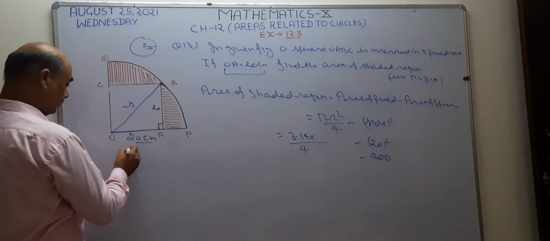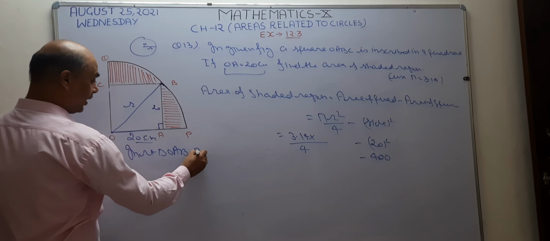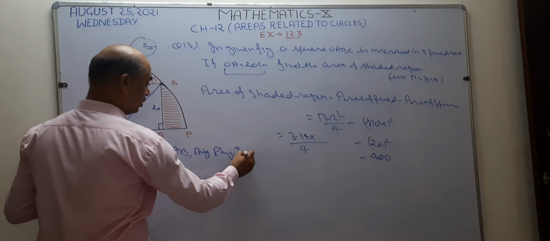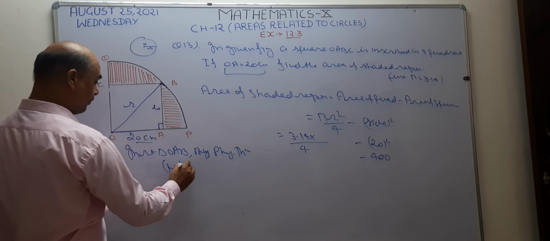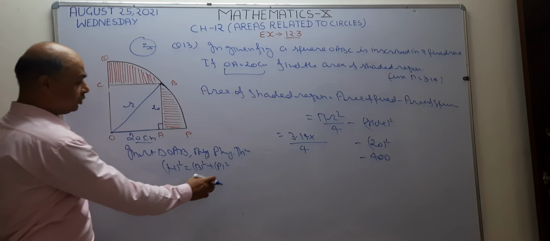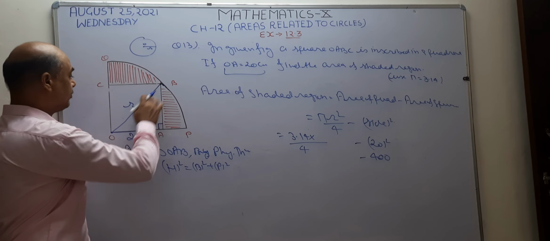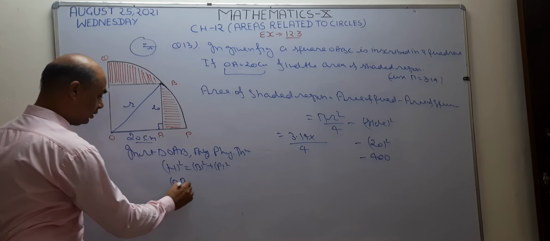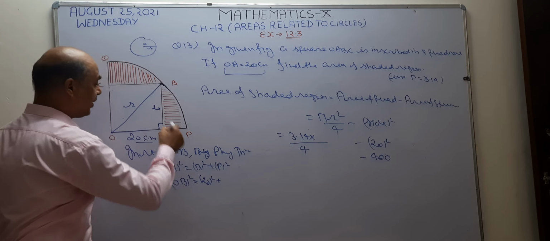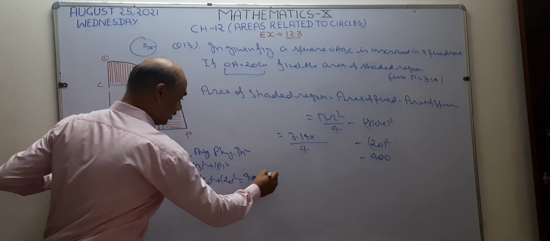So right here, in right triangle OAB, which theorem can we use? Pythagoras theorem. Right here, by Pythagoras theorem. What is the Pythagoras theorem? Hypotenuse square equals base square plus perpendicular square. Now in this question, the hypotenuse is not given. The name of this hypotenuse is OB. What is the base? Base is 20. Write here 20 square. Again, perpendicular is 20. Write here 20 square. 20 square is 400. Again 20 square is 400.